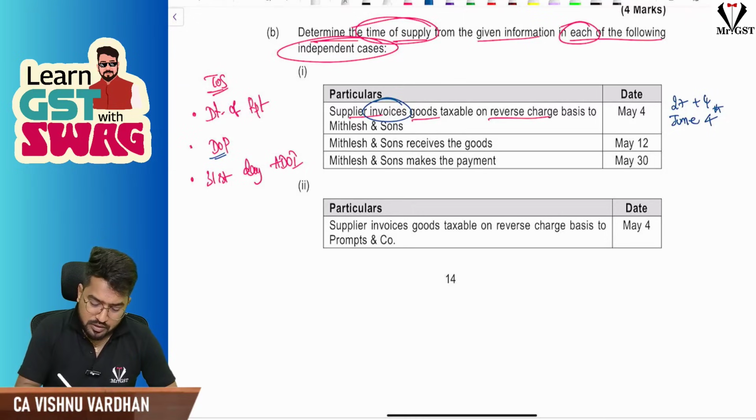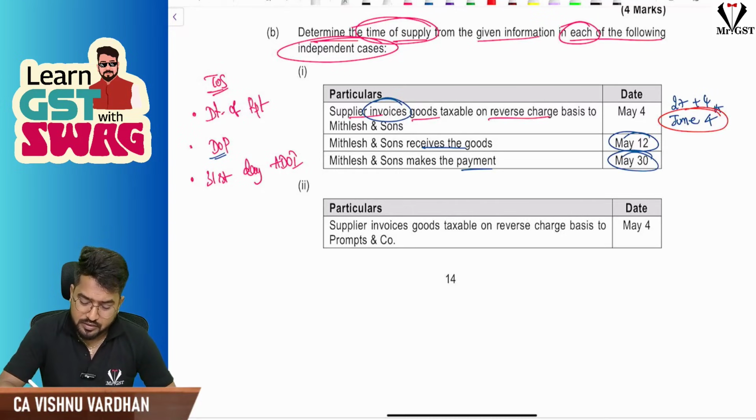Receives the goods on May 12th and makes the payment on May 30th. So whichever is earlier: June 4th, May 12th, or May 30th. Sir, May 12th is the answer here. So May 12th is the time of supply. Okay. Next,